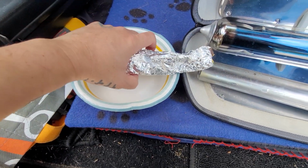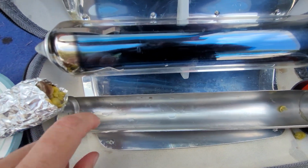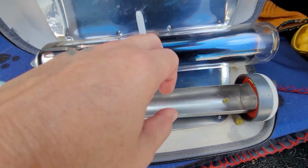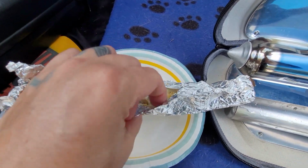That, and the other thing is that the foil will help protect. I mean, you're always going to get some kind of leakage, but it helps protect your tray, so it's easier to clean, and it also protects the inside of the vacuum tube. So I put in